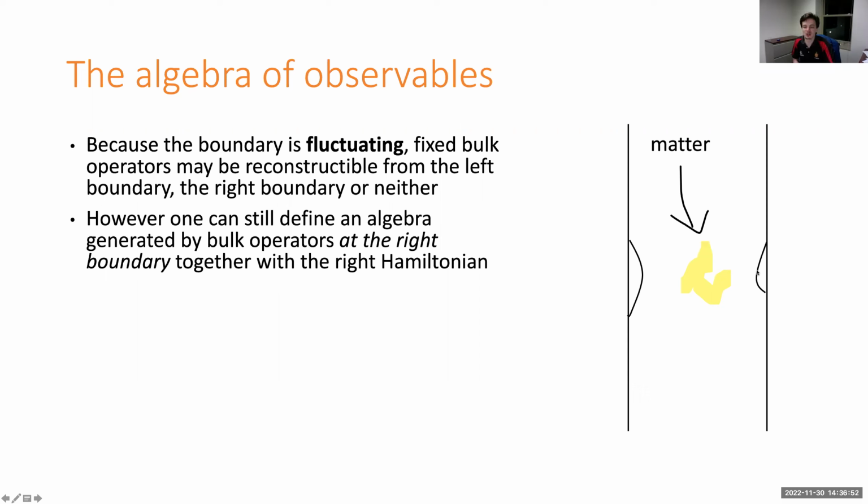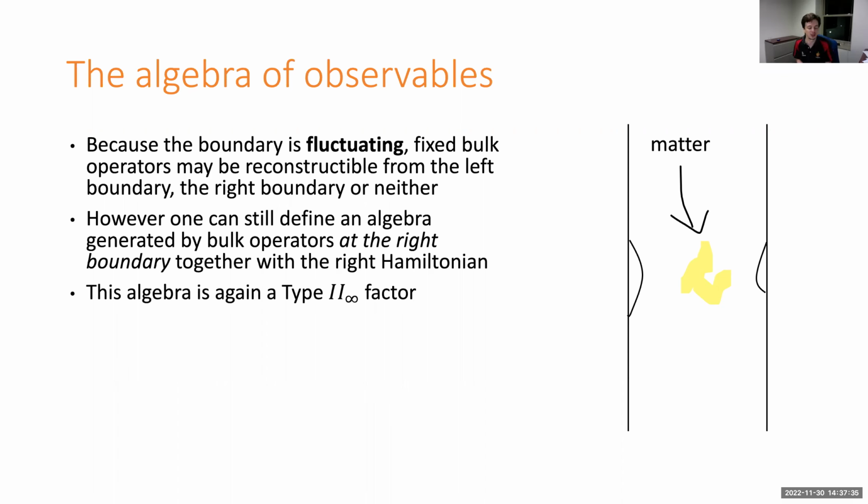First thing we have, if we have bulk operators sitting at the location of the right boundary, whatever it is, it's little t equals 0. Okay, that's one operator we can use. So that will depend on how far away the boundary is. Depending on the conformal weight of the operator, Delta, it will get rescaled depending on how far away the boundary particle is. But it's a well-defined operator. And then the other thing we have is the right boundary Hamiltonian, say. Okay. And we can consider an algebra generated by those two things. And that's the full right algebra of things we can measure at the right boundary.